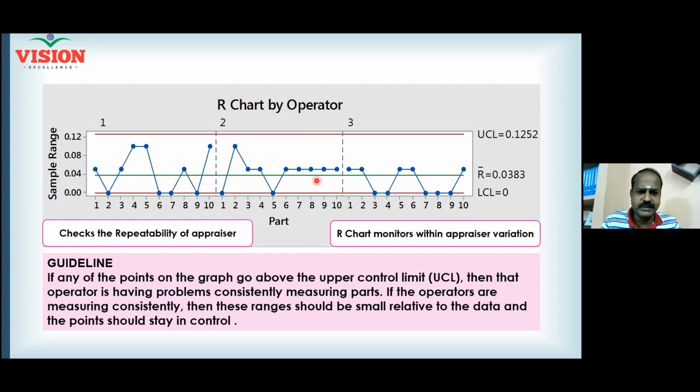No. Variation is captured. But that variation is exhibiting a pattern here. Variation is there. If there is no variation, then you will get all the points on the lower control limit. Variation is there, but it is forming a pattern. It's giving me a straight line pattern. And definitely the measurement system is biased. That is a better word. But to help you understand, I'm telling that operator 2 is biased.